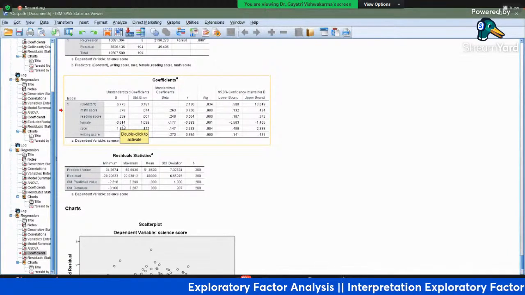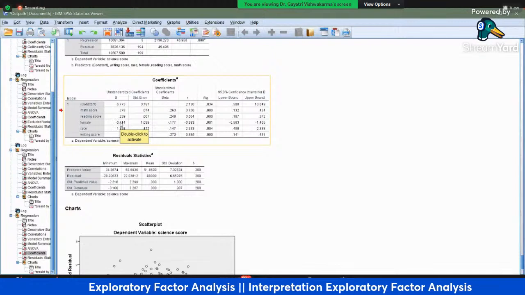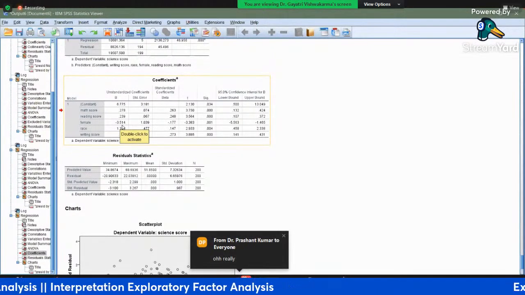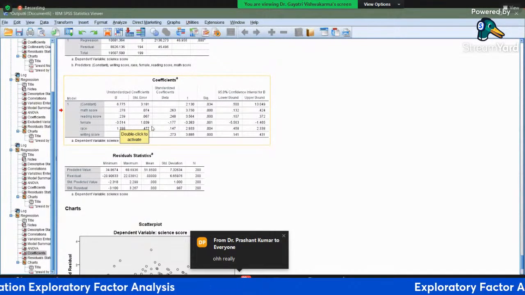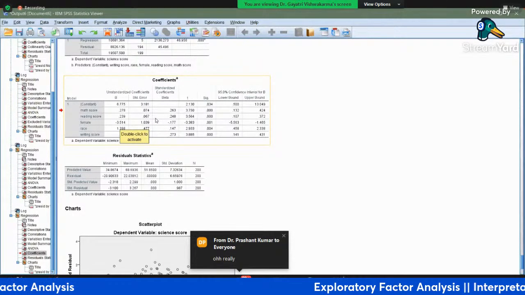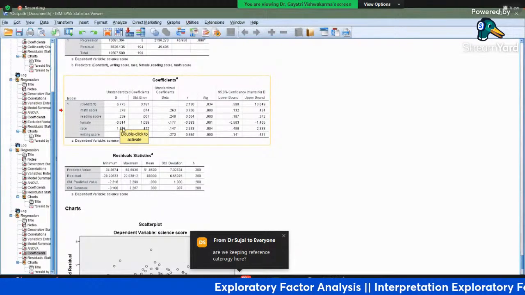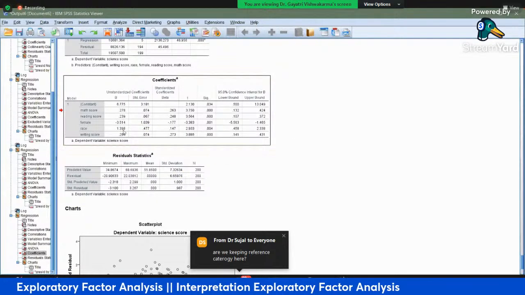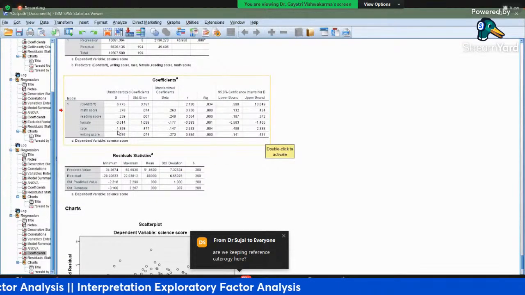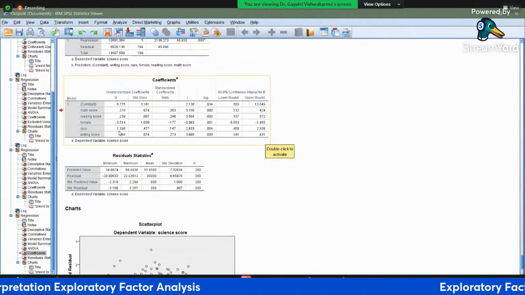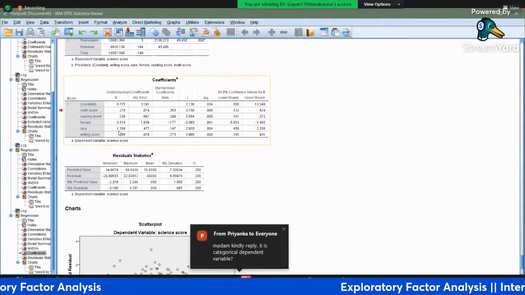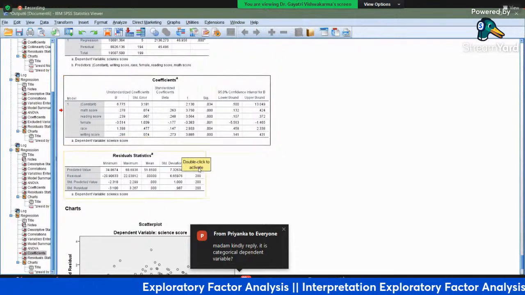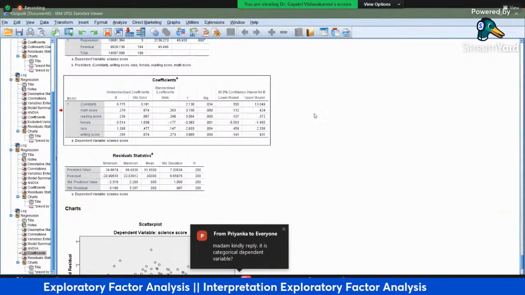So for female, we are getting 3.5, so we have to define that females will get 3.5 lesser marks as compared to males in science, because it is a negative sign. Wherever you are getting a positive sign, you have to define it, like race. For race, we have to see what race we have given and what the reference category was that we have to define. And then the writing score is also positive. Okay, so that is the interpretation.